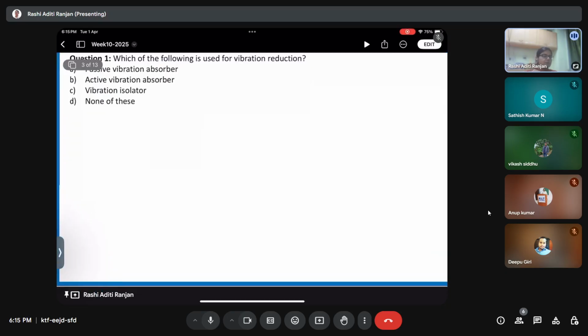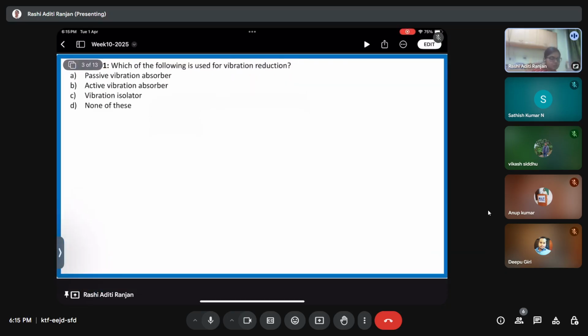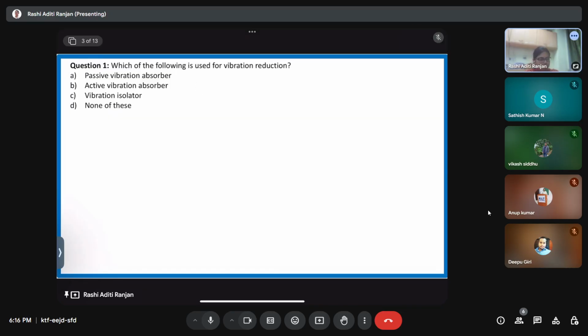The first question says, which of the following is used for vibration reduction? Firstly, when we talk about vibration reduction, I've already emphasized why we need vibration reduction. Now we will simply talk about what the kinds of vibration reduction techniques are. So essentially, when I talk about engineering structure,